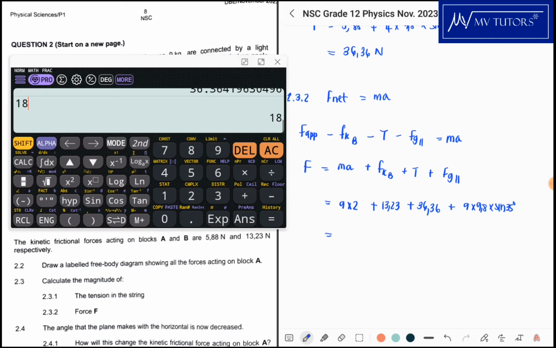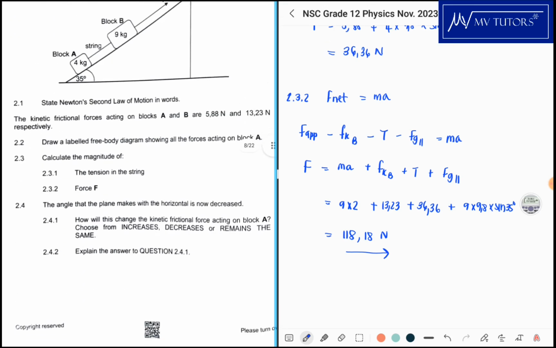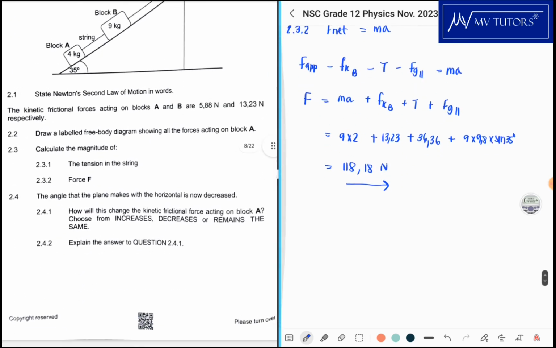Okay, so now we can get the force. So we have 18 plus 13,23 plus the answer plus 9 times 9,8 times sine 35 degrees, and we get an answer of 118 Newton. Okay, so we leave it at that, and then we're almost there. So 2.4,